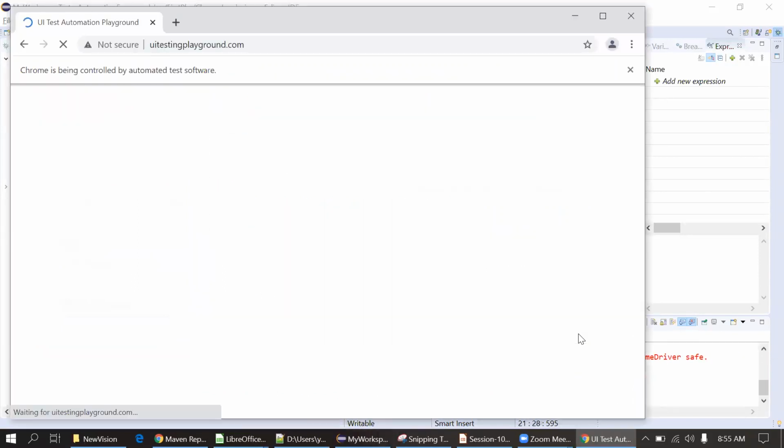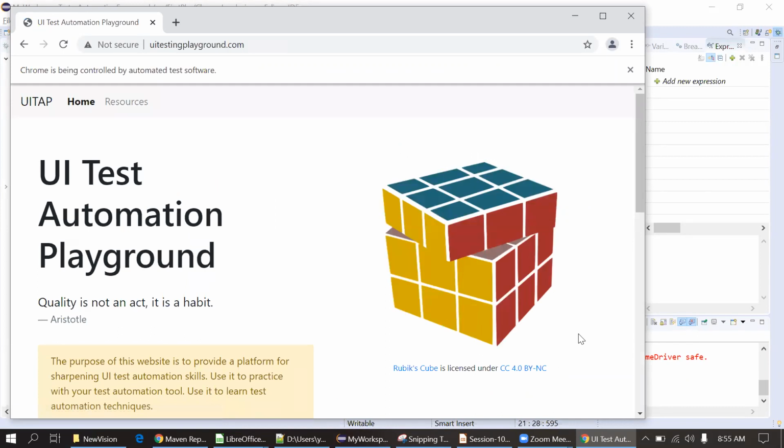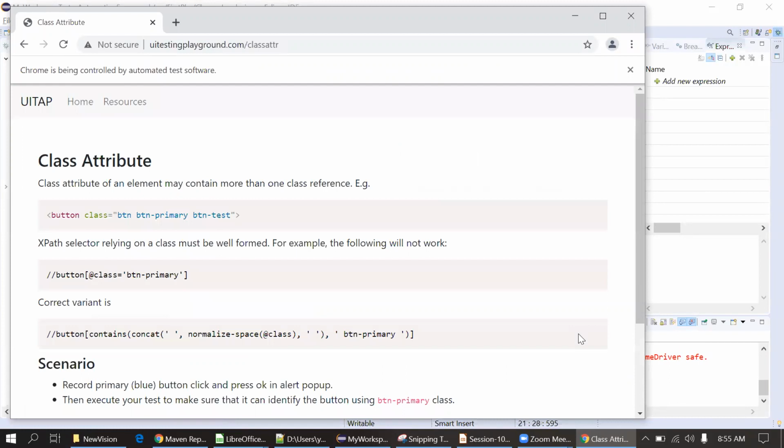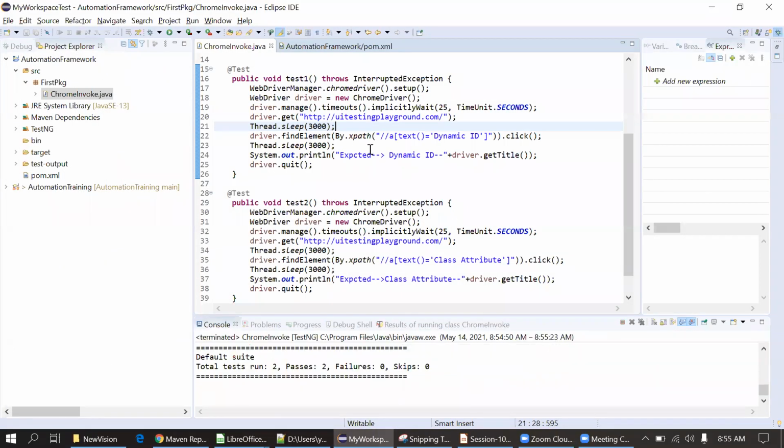Second test case is in progress. Okay, second test case is also done. Fine. So we can use this @Test annotation. This is one annotation only. We have multiple annotations in TestNG. So we will walk through that as well, and I will tell you the use of that.